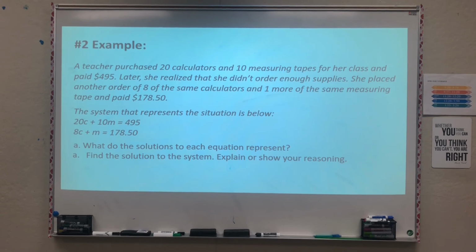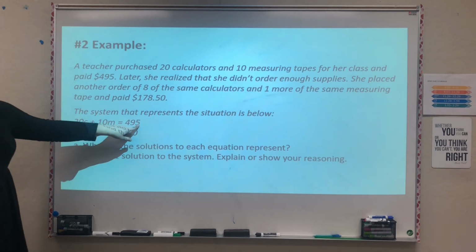So for this one here, we've got a teacher purchased 20 calculators and 10 measuring tapes for her class and paid $495. Later, she realized that she didn't order enough supplies. She placed another order of 8 of the same calculators and 1 more of the same measuring tape and paid $178.50. The system that represents the situation is below. And look, they've already given us a system here. The first question, similar to what we had done before, is what does the solutions to each equation represent? So this first one here, where did this equation come